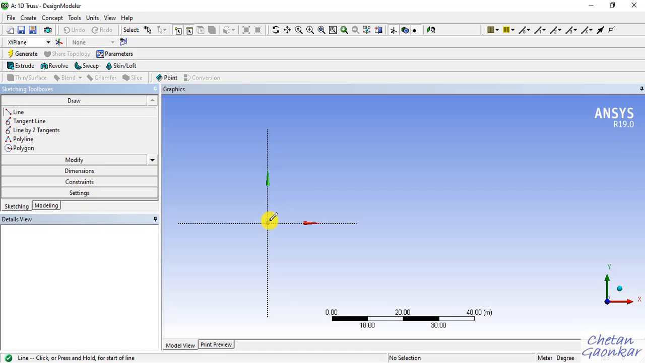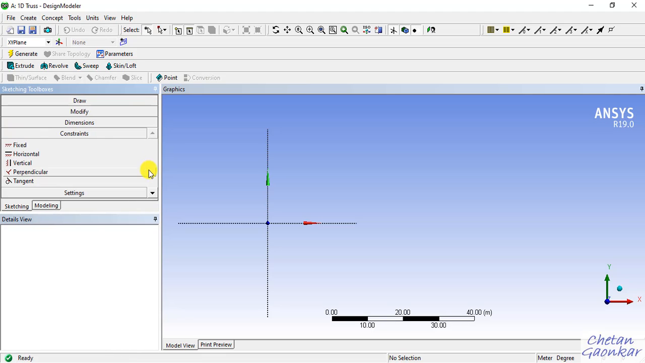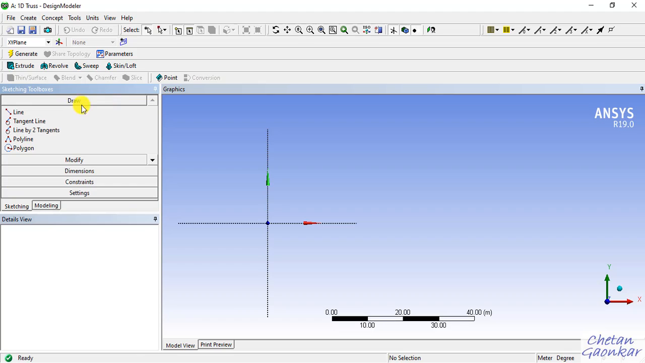If you cannot see these letters like P and C, you need to put on the constraints. For that, I had told you last time, go to the constraints and then go down and make sure that this option of auto constraint, under this auto constraint, this global and cursor is on. Okay, so go back to this draw option, click on line, and we have to draw now the sketch of